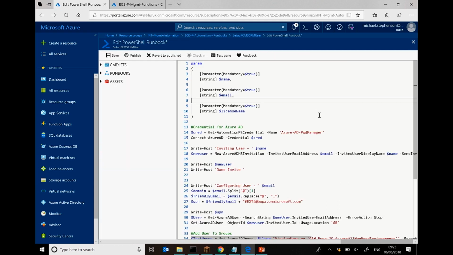Likewise with the PowerShell in the runbooks. Maybe we're an integration audience, so we might not be quite as familiar with runbooks, but it's a great place to keep PowerShell, and you can execute it from here. And like functions, although it's not classed as a serverless product, it's still a consumption-based price model, so I pay per execution. I'm not paying for a PowerShell server or anything like that. So it's a really great way to get these widgets set up, dead easy, and there's no upfront hard work.